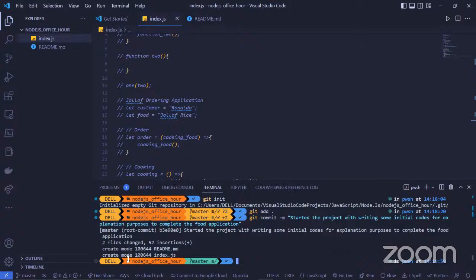Normally the best way to do it, especially when you have multiple persons working on that project, is that a different branch should be created for each feature. So we have the delivery branch, we have the cooking branch, we have the ordering branch, we have the payment branch.